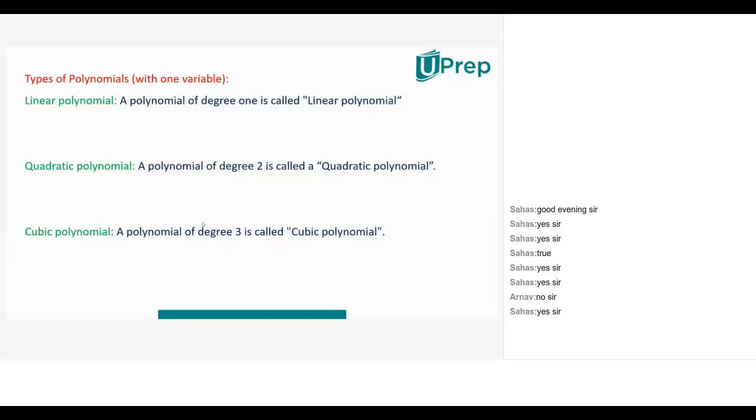Now understand the beauty of this and tell me the answer. In a linear polynomial in standard form, how many terms will be there? The one term. Tell me what is that one term? Sir, x plus 1. Then I have two terms. As you said, there are two terms there. x is one term, 1 is one term.